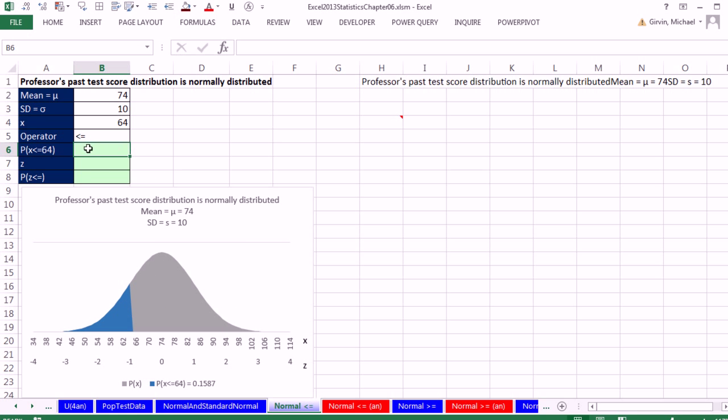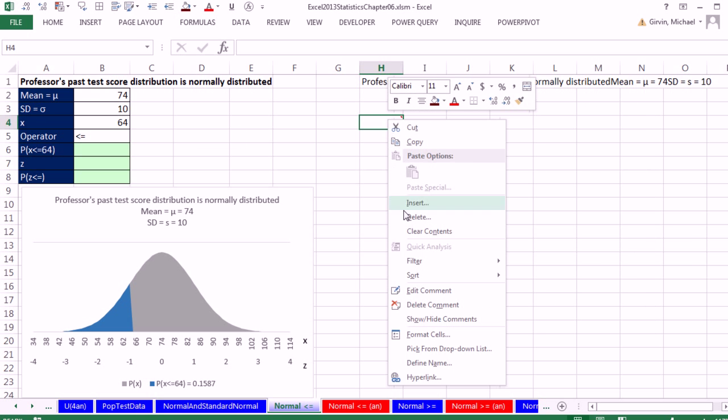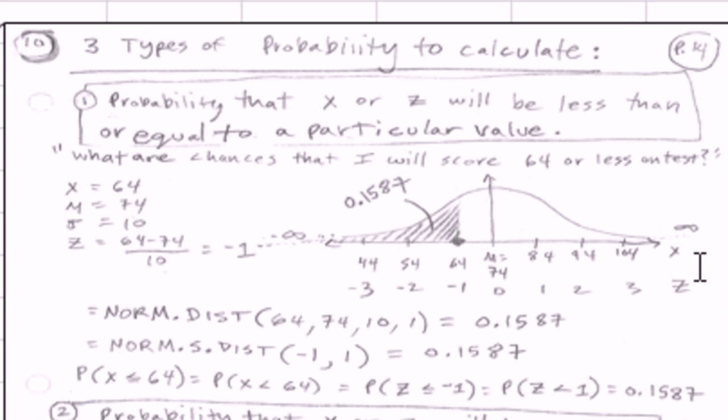But I want you to notice, if we're asking the question, what's the probability that a score on a test could be less than or equal to 64? It means all the area this way. Even if you don't do it with the chart, you just do it on a piece of paper. Drawing pictures helps. Now I want you to look over here. I'm going to right click, Show Comment. So whether or not you're drawing it on a piece of paper, it helps to see